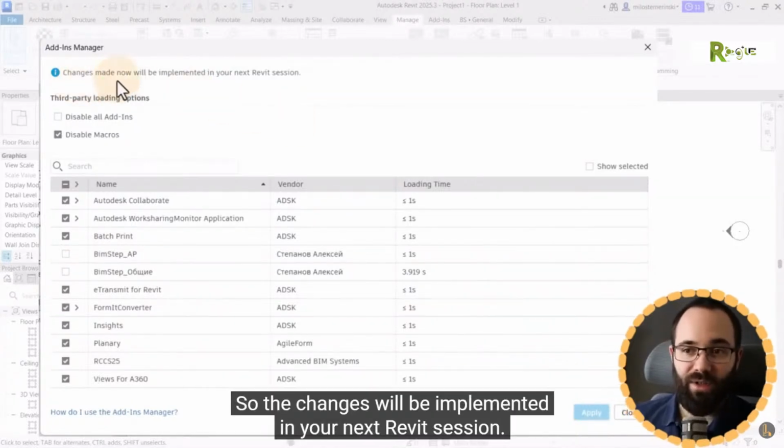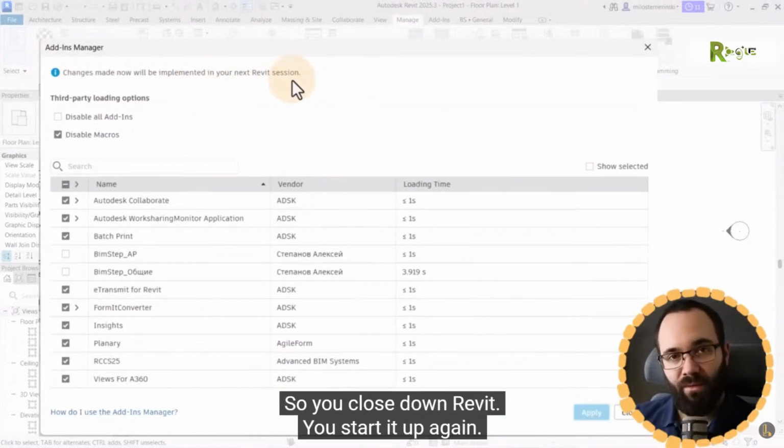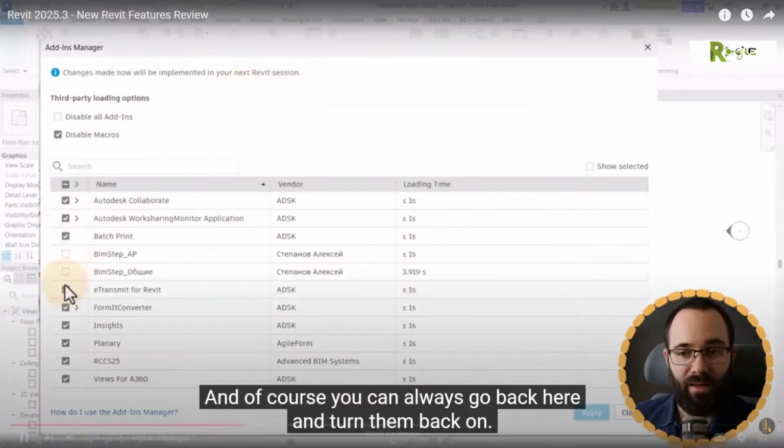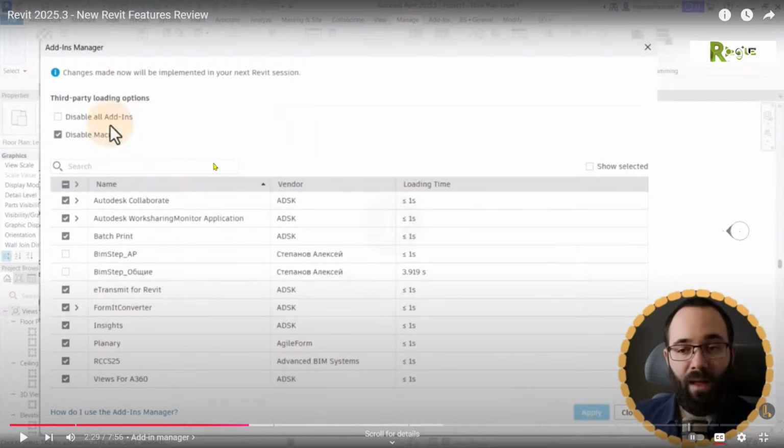It actually says here, so the changes will be implemented in your next Revit session. So you close down Revit, you start it up again, and now those add-ins will not be turned on. And of course, you can always go back here and turn them back on. Now, let's also review this fact